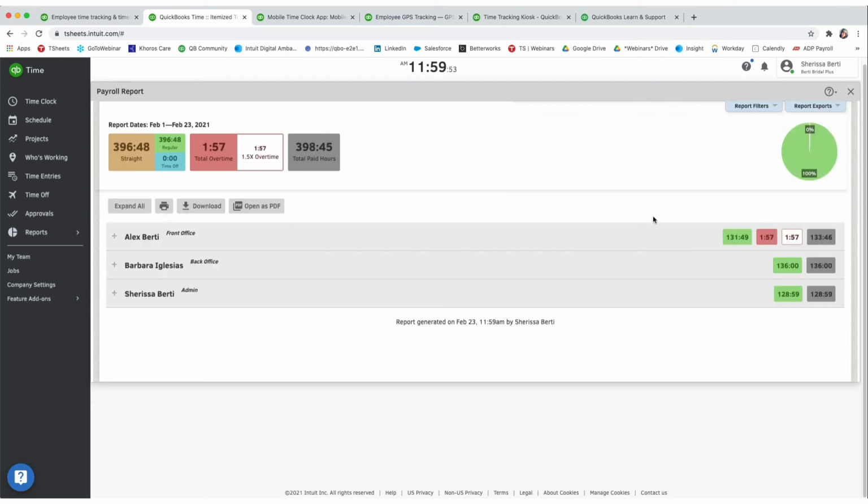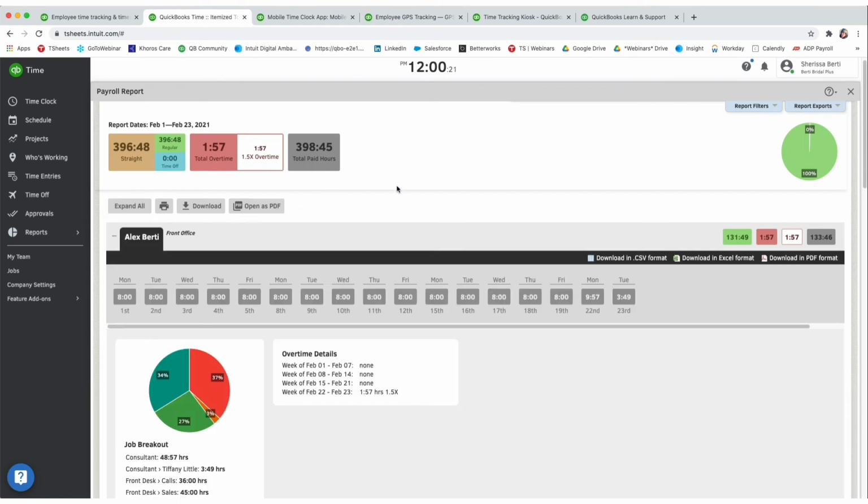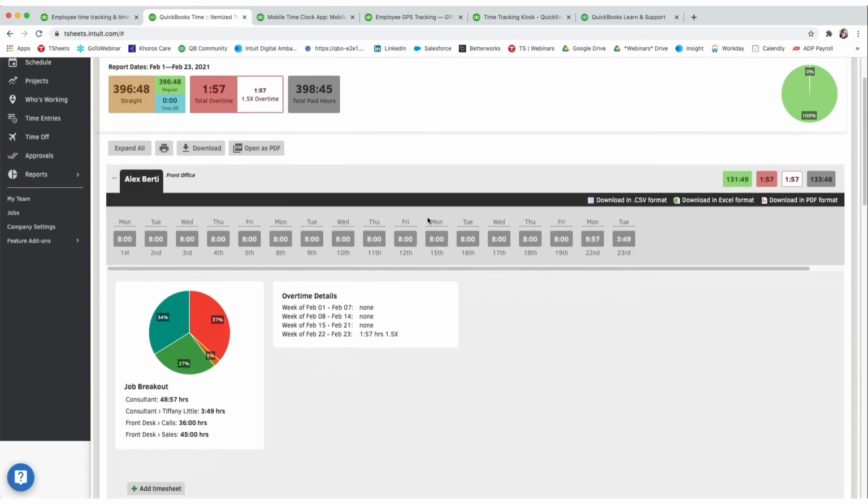So I'm going to go ahead and run that report, and you'll see here that the color coordination is going to show. So I have 1 hour and 57 minutes of overtime. I have 396 hours and 48 minutes of regular time. If there was any time off, it would show up in blue. And you'll also notice those color coordinations on the right-hand side of each user. I can expand details for all users if I want to, or just click the plus sign to expand details for one user. You'll be able to download information for singular users here in this bar, as well as view